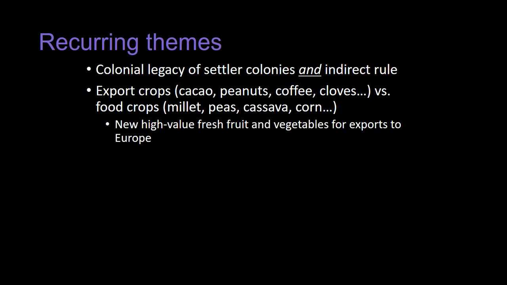Okay, sorry to get back on topic here. So, a lot of commonality in export crops. As they're gaining access to a global market, more high value fresh fruits and vegetables are being planted that are mainly being exported to Europe. Another recurring theme that we see is rapid urbanization throughout the region. Interestingly enough,